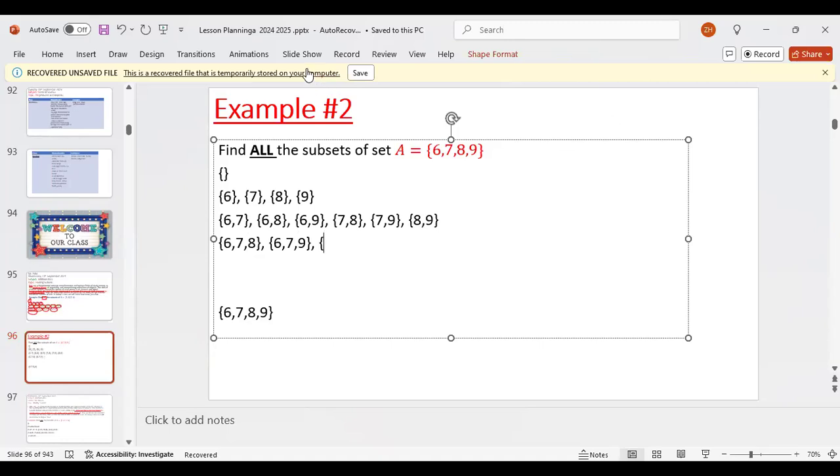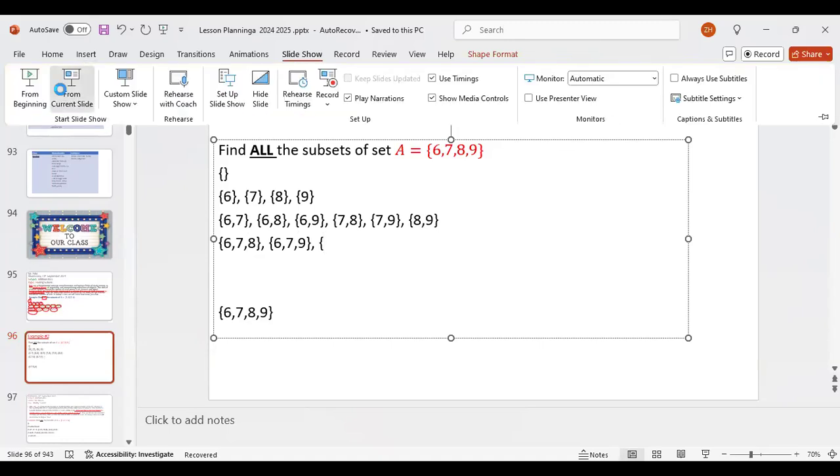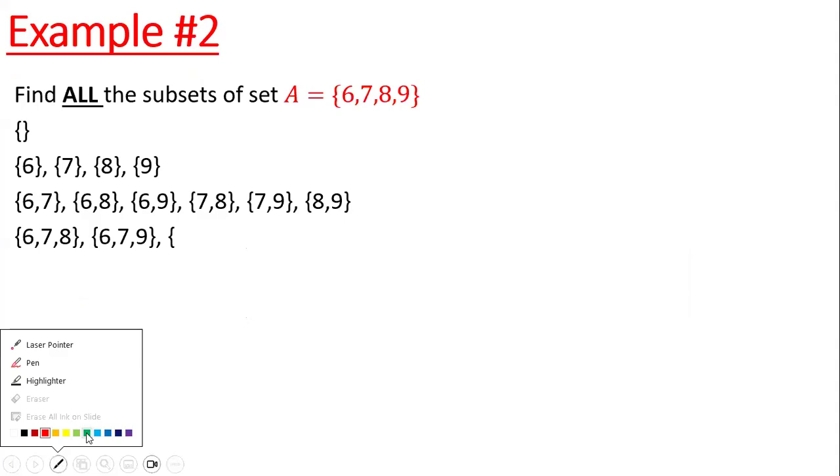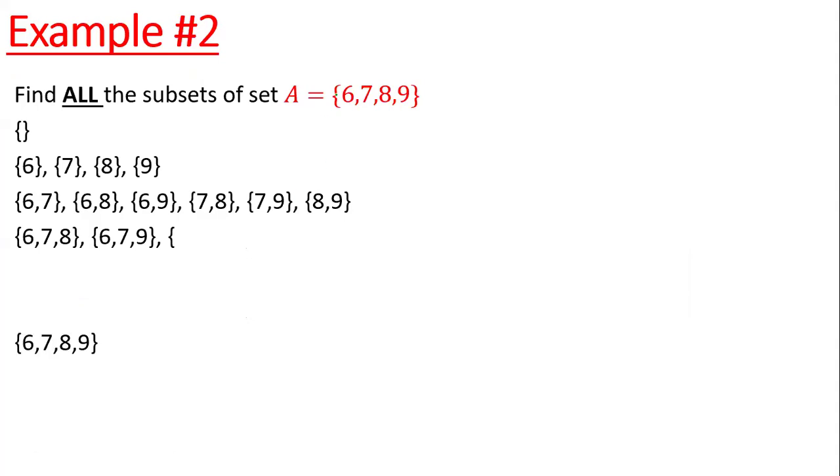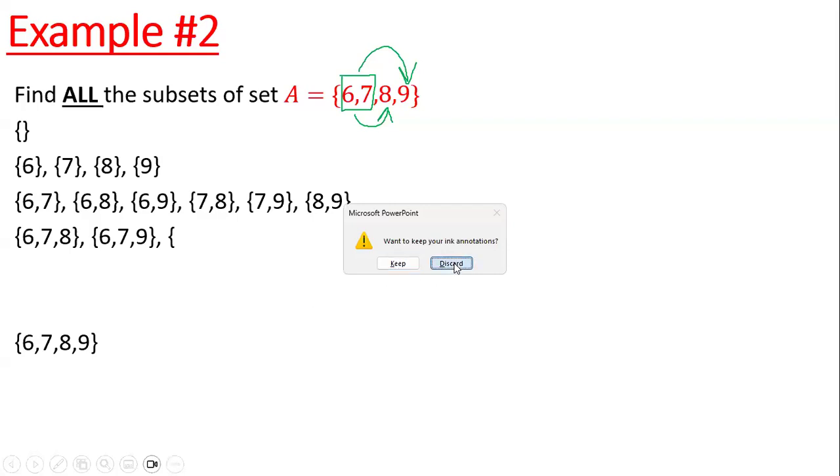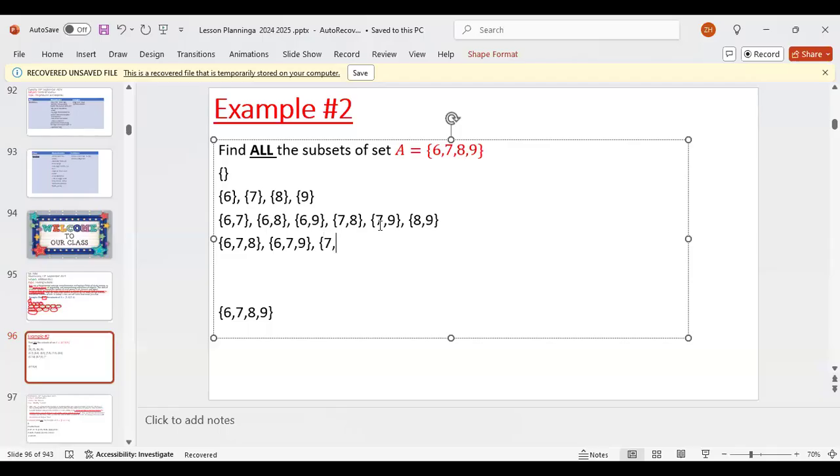So this is how we do it. Let me help you understand how we're doing it. So we pick 6 and 7. Please write this down. I need you to write this down. So we pick 6 and 7, and then we do what? 8, right? And then we do 6 and 7, and then we do what? 9, right? But we have the rest to do, right? So let's do the rest. We can do what? 7, 8, 9. And what else we could do? 8, 9, 7.